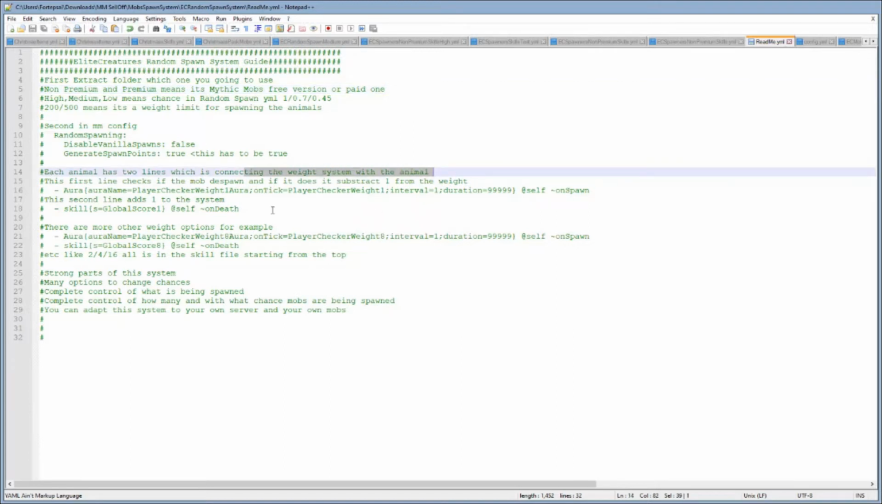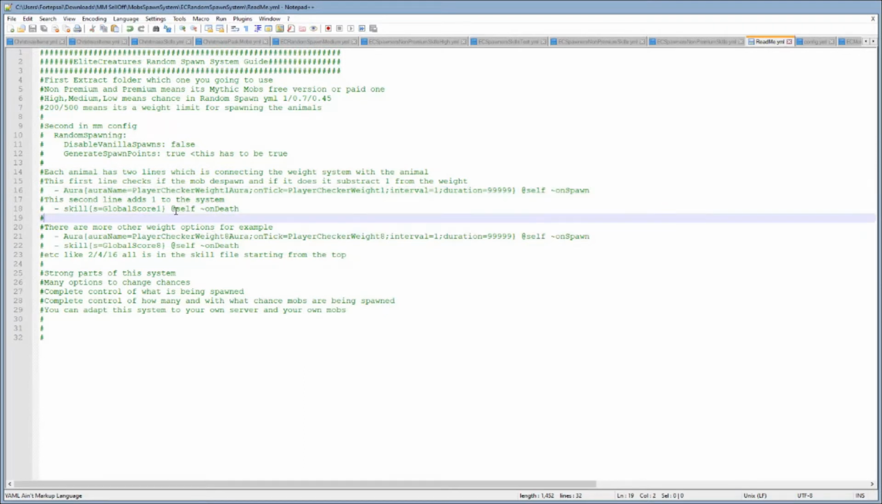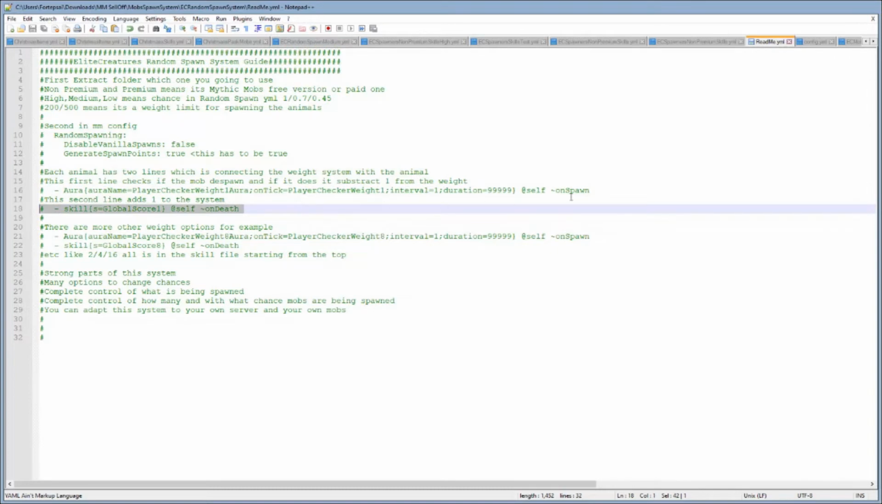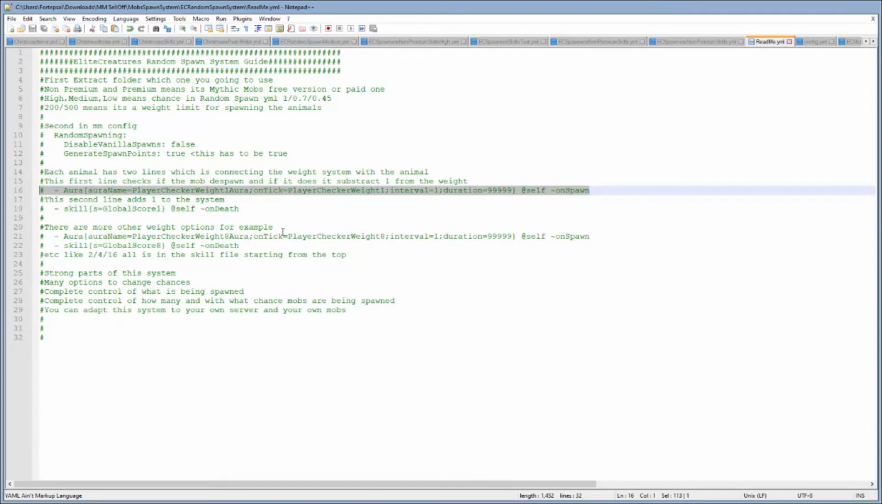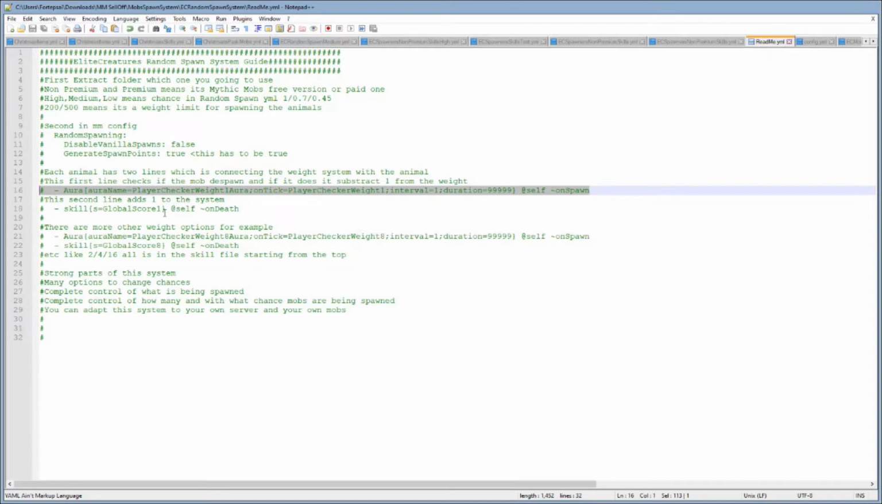Okay, now how the system works and how to add it to your own animals or mobs. You basically only need to add these two lines to them under the skill file. Yeah, so if you add these two lines, that's it. It works. Each time this mob spawns,